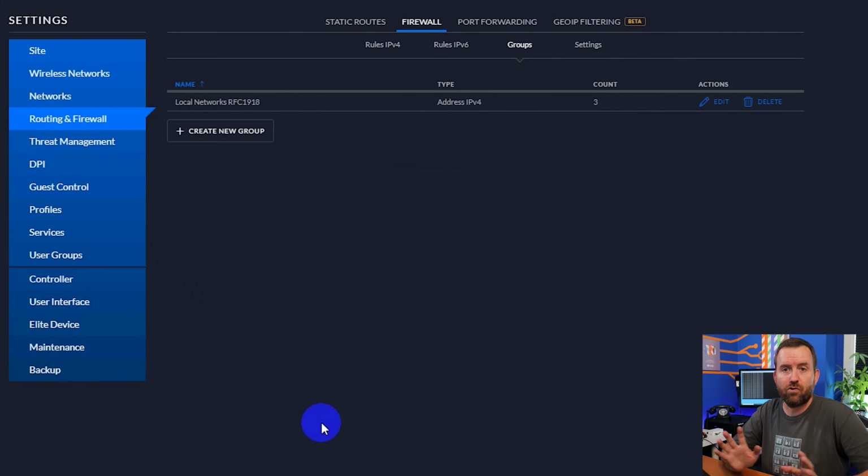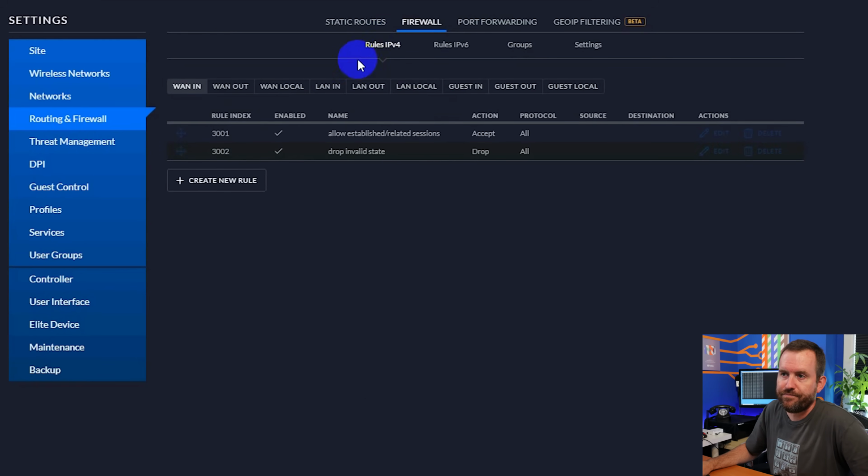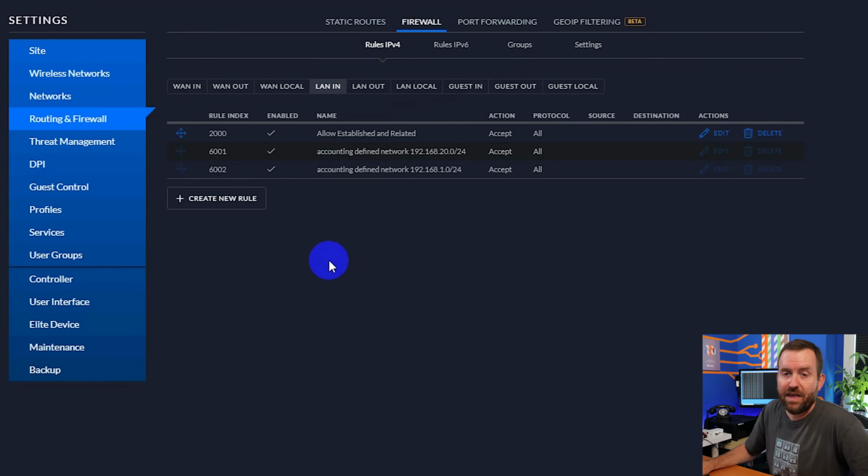Basically, we just created a group that says any private network, right? It allows us to use that group in our firewall rules. So now let's go back to our rules. We're going to click on LAN in, and we want a rule that says our main LAN, 192.168.1.x, can see anything in any private address space, right? So we're going to say create new rule,